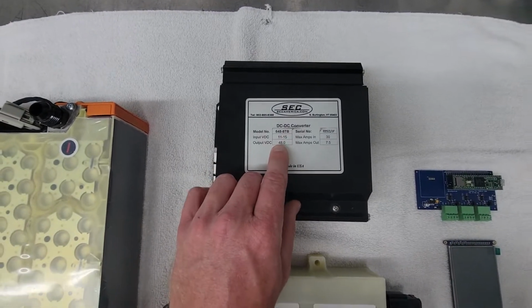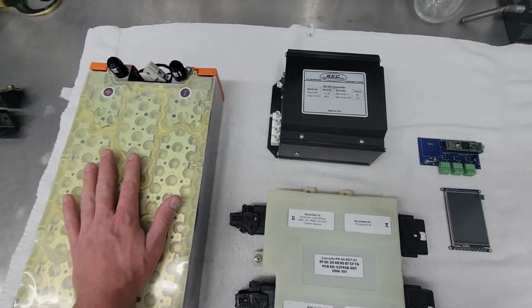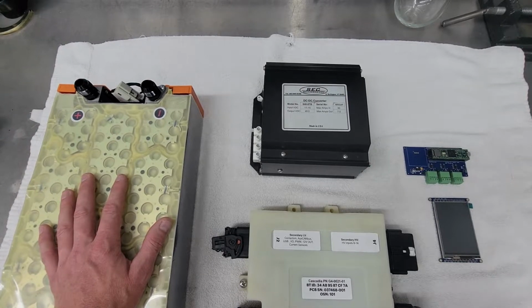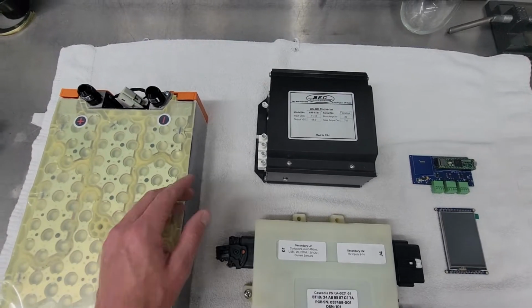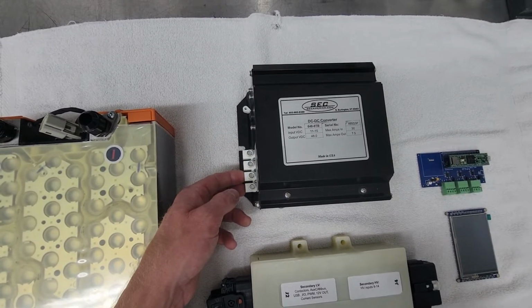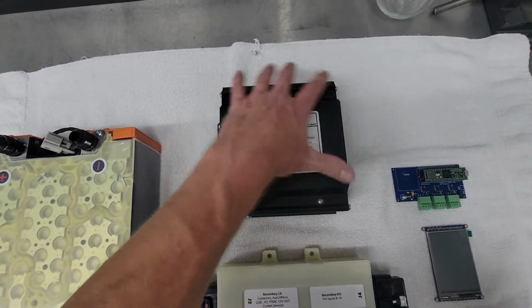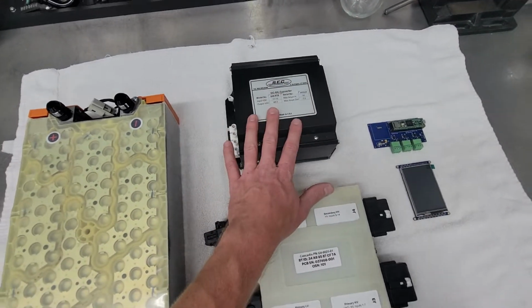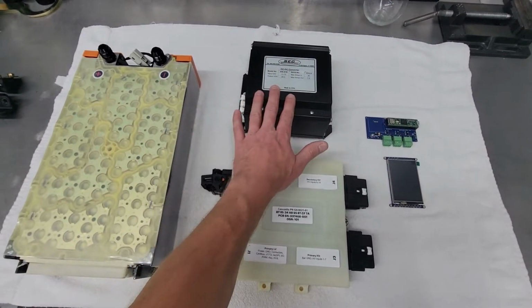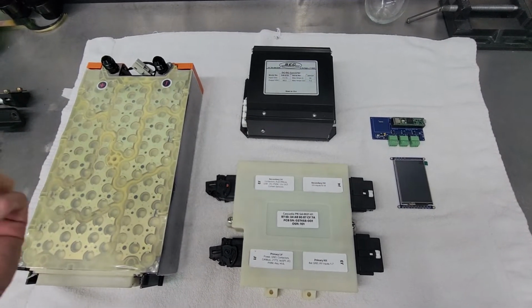I will actually adjust the output voltage a bit higher to establish the peak battery pack voltage, which I think I'll have somewhere around 54 volts peak. But it's a pretty simple setup where 12 volts goes in, 48 volt comes out, and this has got a circuit breaker. It's nicely housed with some cooling. Not that this thing should get too hot, but these three pieces are the core components in the 48 volt system. I've got a radiator, a small electric coolant pump,